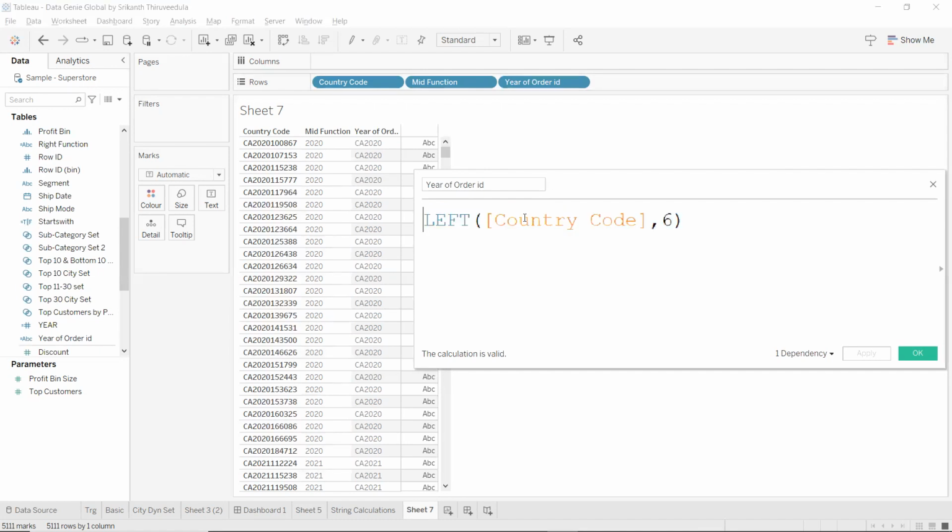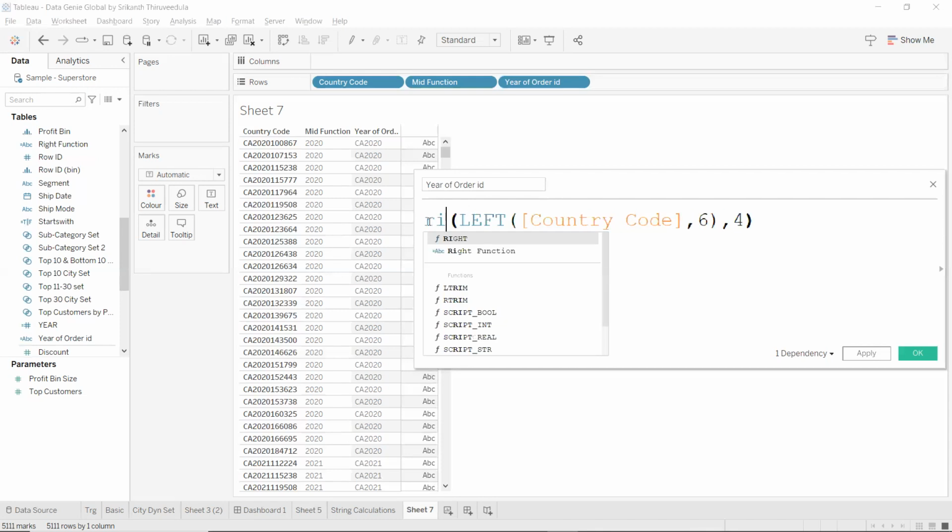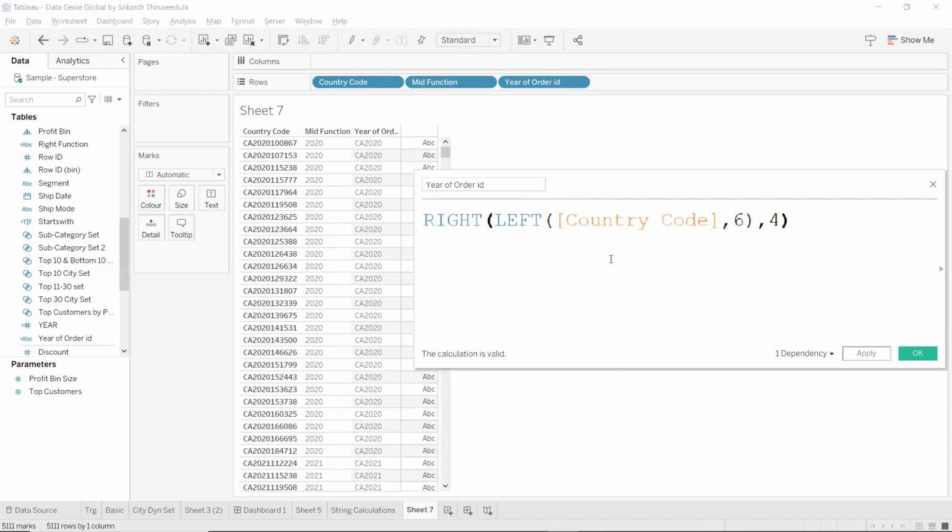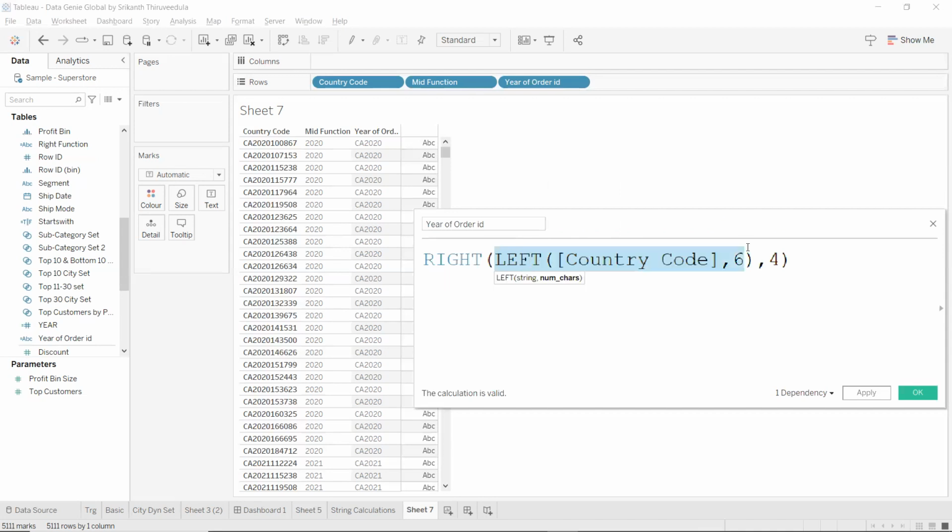So on top of it, I am again going to write the right function to get the same output, which is a nested calculation now, because we are using two functions in a single calculation. So first I have extracted the first 6 digits, and now I'm going to take the right part of